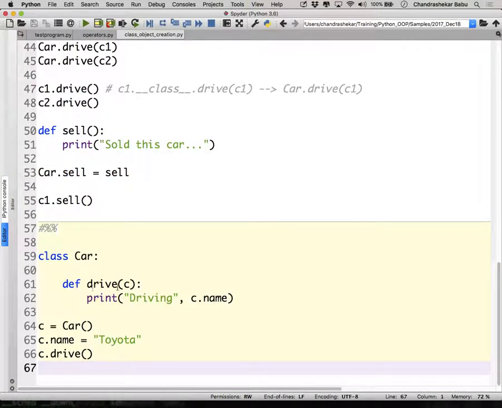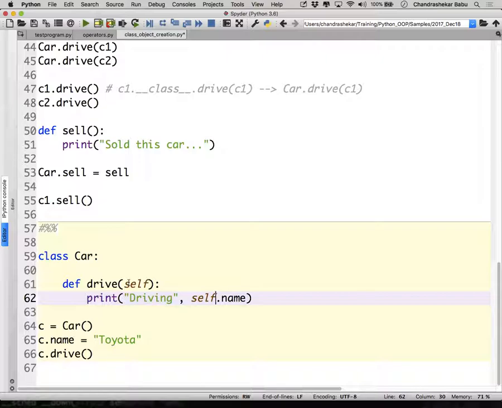What you normally observe is, instead of putting words like c, people have the convention of using self here. And I tell you that self, though it is highlighted by syntax in most of your syntax highlighting rules, is not a special keyword. Self is merely a naming convention to indicate the first argument of this particular method is an instance. No difference between a method and a function. What is the difference between a method and a function? Methods are specialized to work on objects. Functions are very generic. Give me some input, I will do some math and give you some output. A method is specialized to work on a particular object. That means it knows about the attributes of an object. For such functions, the first argument will be a reference to that object. Right? And that's how you create instance methods in this case.